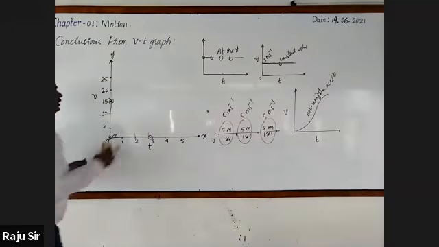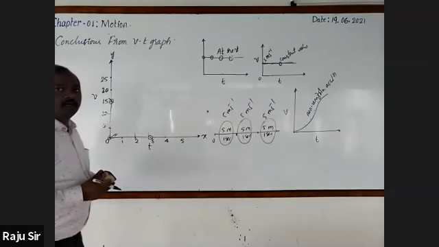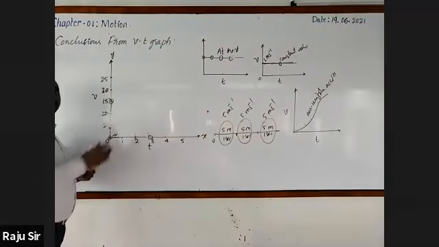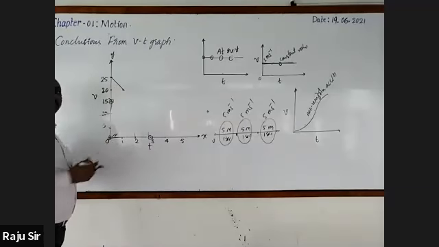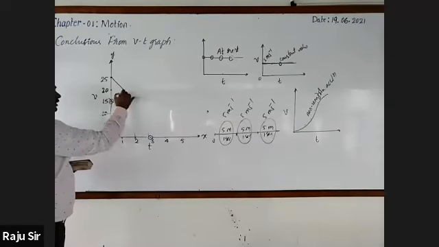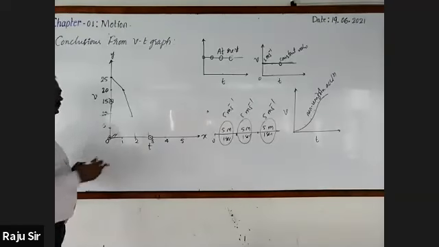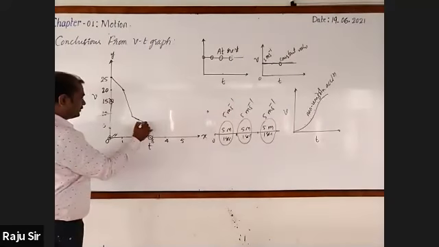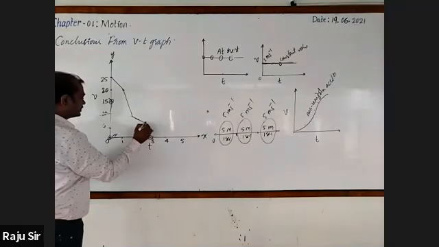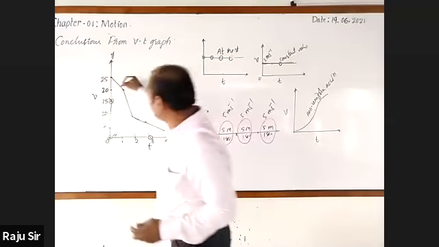Next, look here. Assume that a body is moving with some speed, 25 meters per second. After 1 second, its speed decreases to 20 meters per second. After 2 seconds, all of a sudden it decreases to 10 meters per second. Then in 3 seconds, its speed is 12.5 meters per second. After 4 seconds, it decreases to 3 meters per second. As the speed is decreasing, you can say that it is non-uniform deceleration.